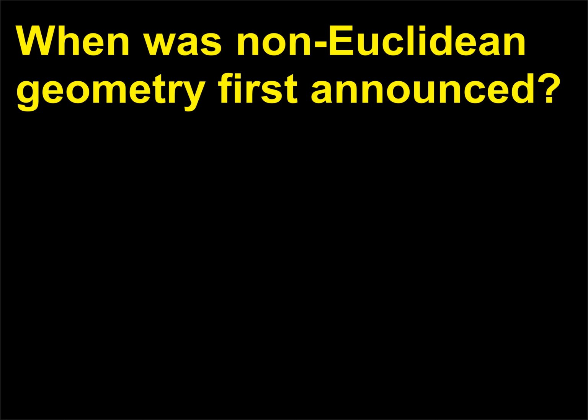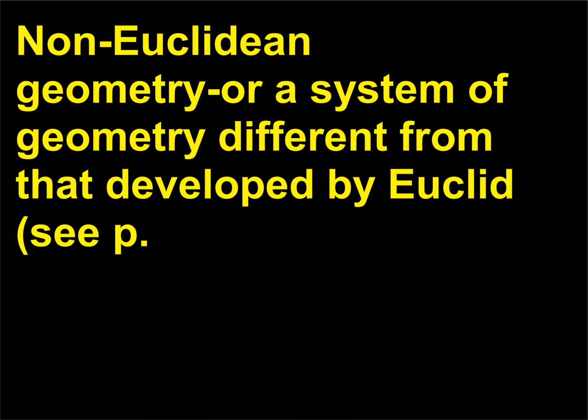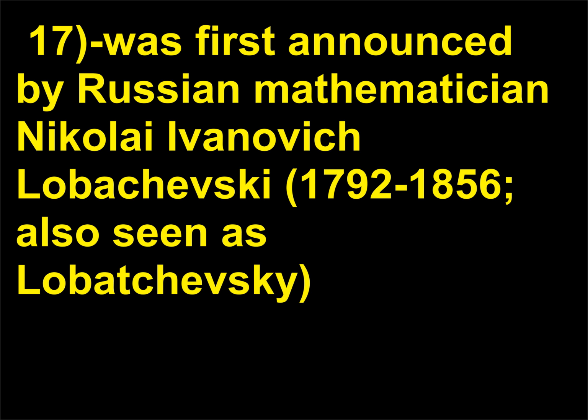When was non-Euclidean geometry first announced? Non-Euclidean geometry, or a system of geometry different from that developed by Euclid, cp. 17, was first announced by Russian mathematician Nikolai Ivanovich Lobachevsky, 1792–1856, also seen as Lobachevskii,